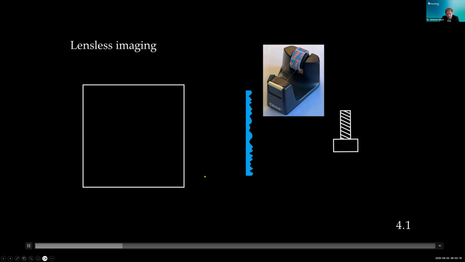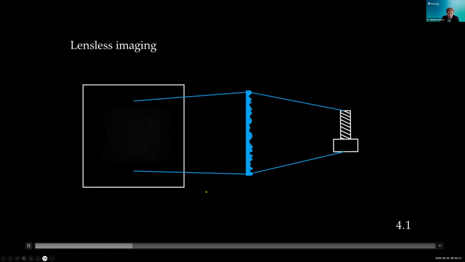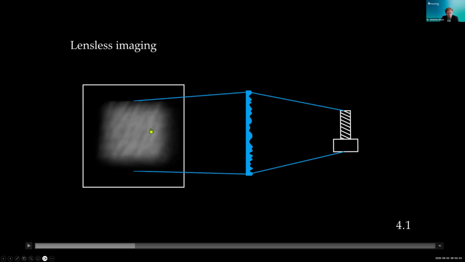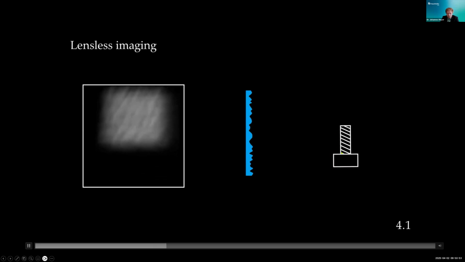But now, if you insert that into your optical system, you will make the following observation. The image that you get from your screw will look something blurry like this. And I think your image processing engineers will not be happy if they were supposed to extract any material defects out of this blurry image. Already disappointed, you might start experimenting a bit with your setup, and maybe you would move your screw a bit upwards, and then you would observe that the pattern shifts on your sensor,